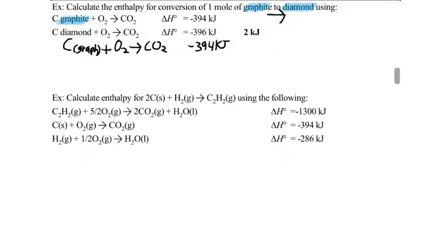I see that the second reaction has diamond in it, but it's on the left. I need it to be on the right as a product. So I'm going to turn that puzzle piece around. I'm going to reverse that reaction. So I write it in the reverse way. And then